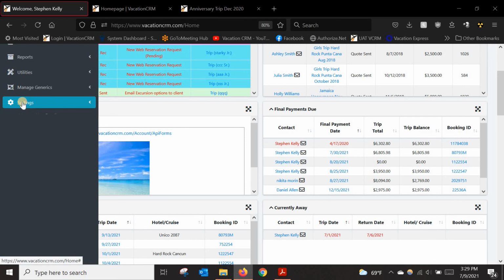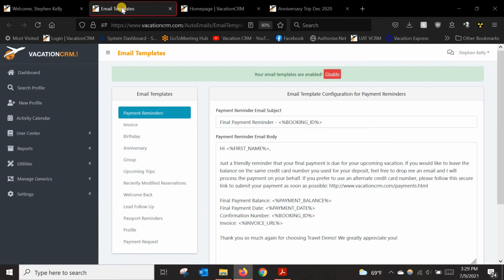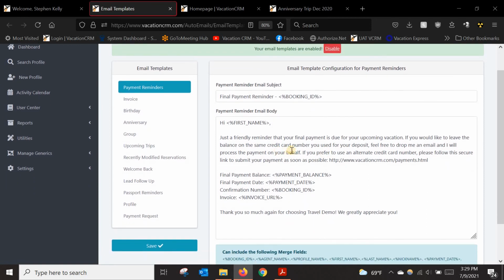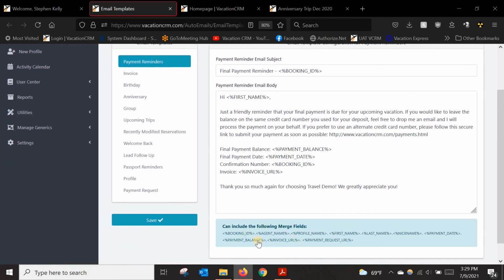So what we did is we created this email template screen here where you can pre-write templates for emails that you frequently send, like final payment reminders or upcoming trip emails or welcome home emails, things like that. So final payment reminders here. All I did was just type up a template for what I would typically say to a client who has a final payment coming up, and I use these merge fields that are listed at the bottom of each template to have it plug in things from the client's profile or trip into the email like this,